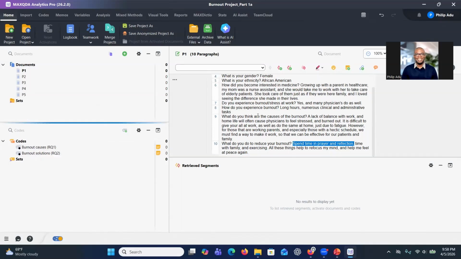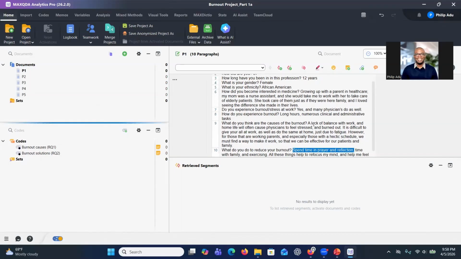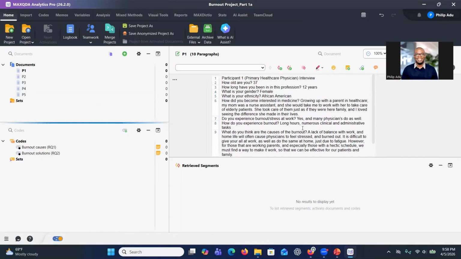When you go through the data, I can identify information that is significant, that is addressing my research question, but I'm not sure about the kind of code that I want to use. And this is where you use the AI Assist. One example is, let's say you are going through the data and then there's this statement. It's about lack of balance with work and home. So if you have this statement and you are not sure about a code, a code is a label that represents the significant information. A code can be between 2 to 5 words representing the information that you have extracted and also addressing